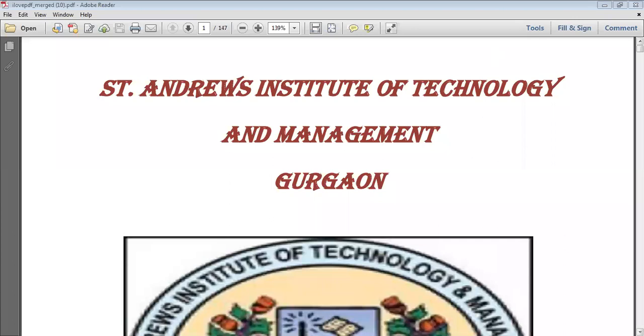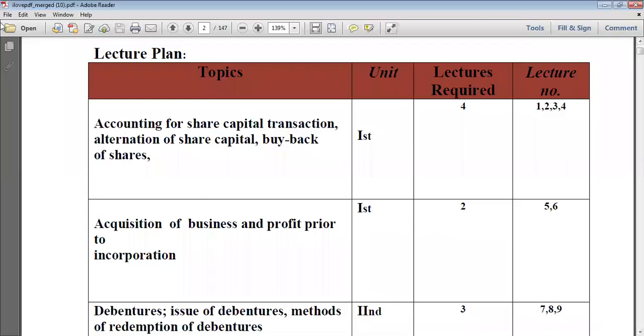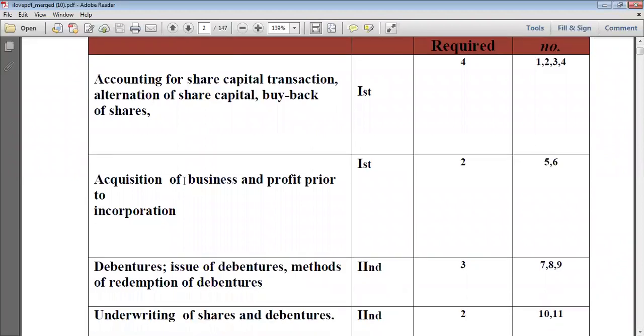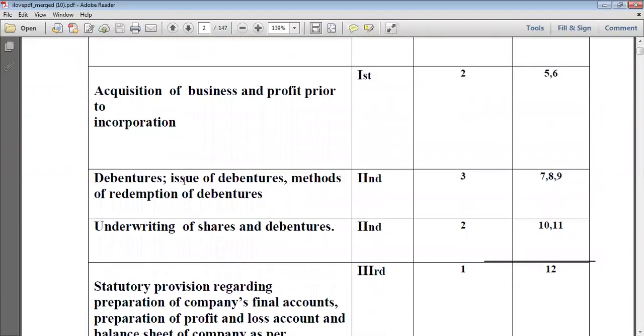So first of all, we go through the content or topics which we are studying in the online lecture. These are the topics which we are going to study in our online lecture series. See, what are the topics? Accounting for share capital transaction, alteration of share capital, buyback of shares, acquisition of business and profit prior to incorporation,